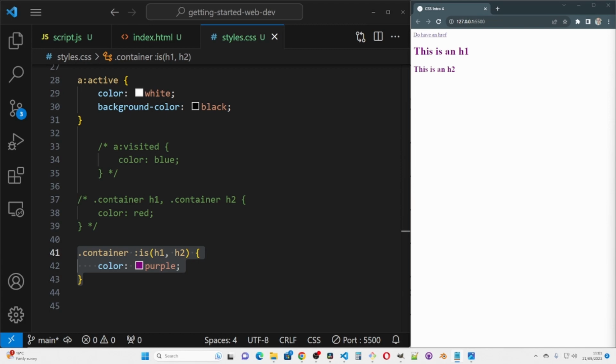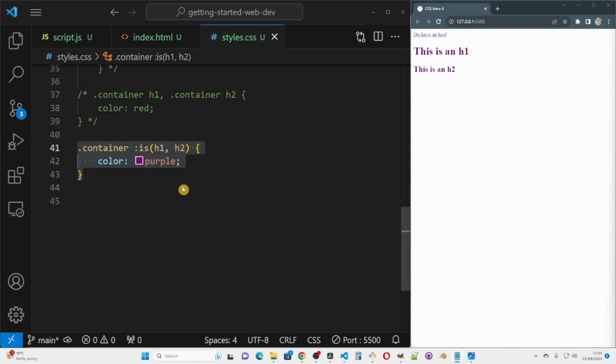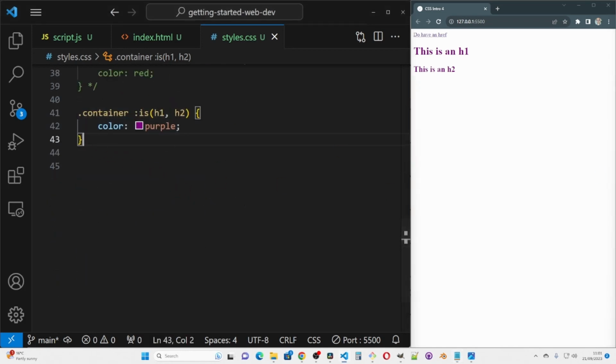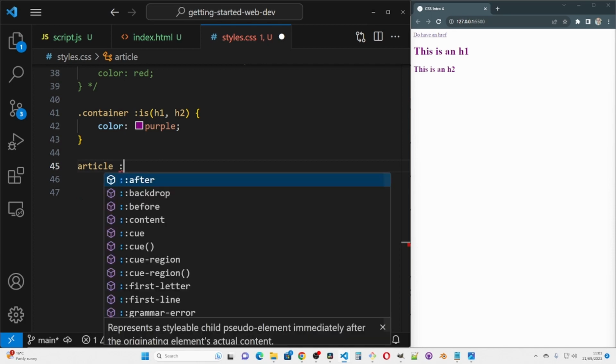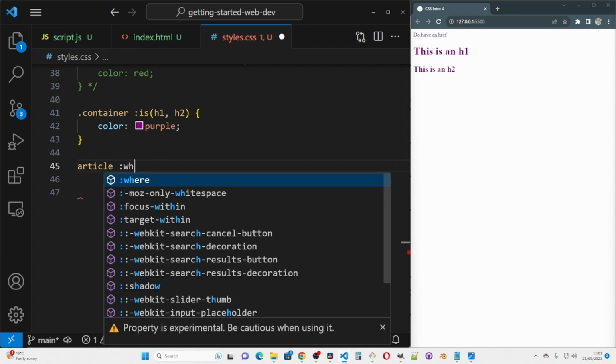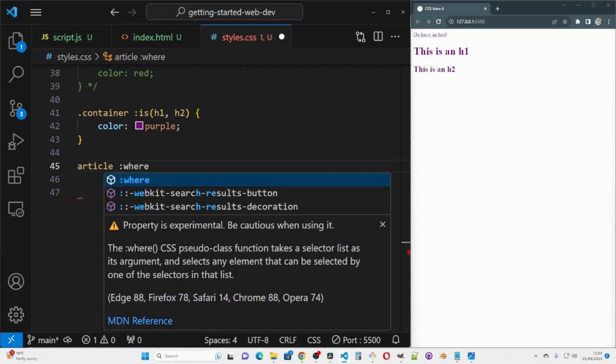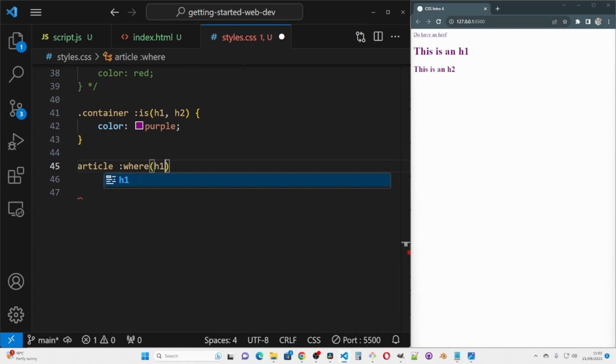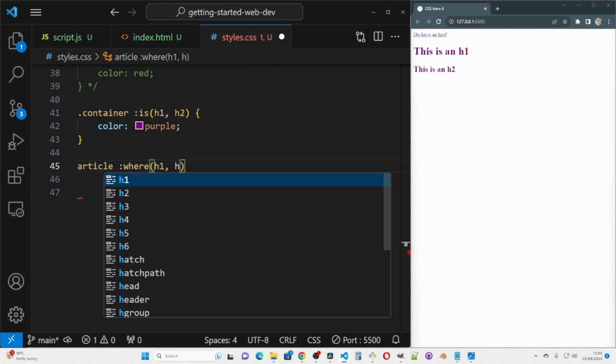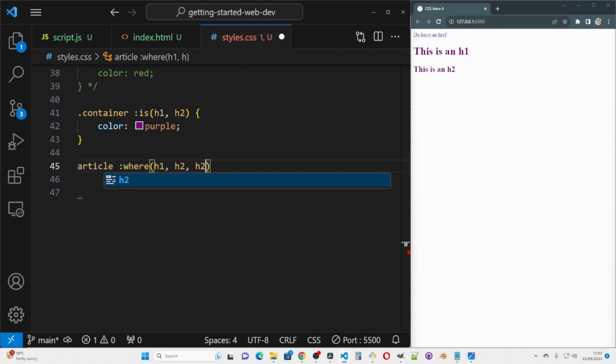An example will help you understand this. So if I create article colon where h1, h2 and h3